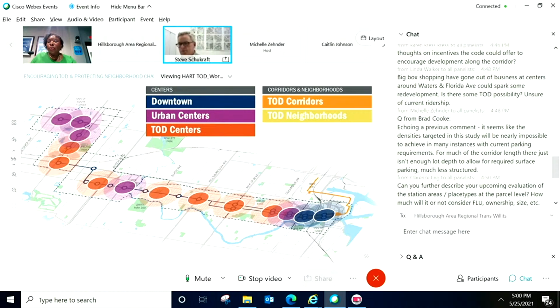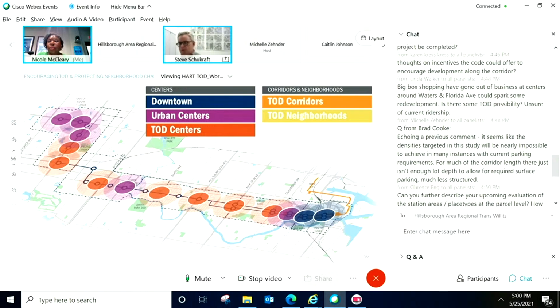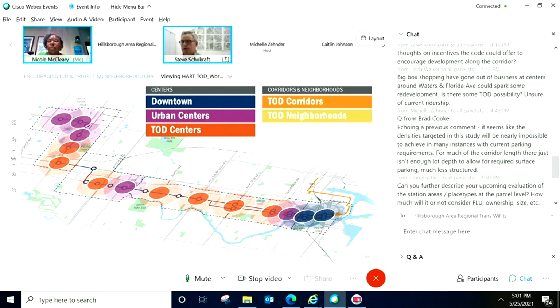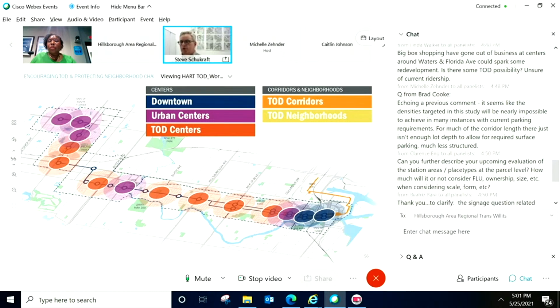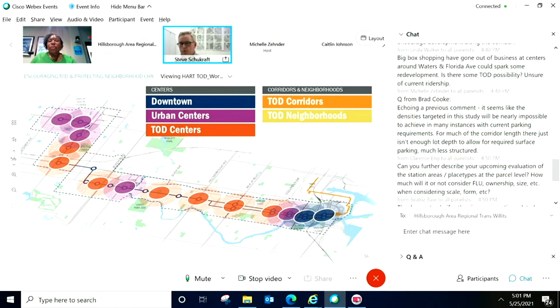We've done a series of analyses both from a financial perspective and a design perspective to see what can fit on typical available sites in different locations along the corridor. So we've tested what the density ranges would be based on different parking requirements and assumptions about parking requirements. What happens if we reduce the standard? Can we squeeze more units on a property or more building space on a property?